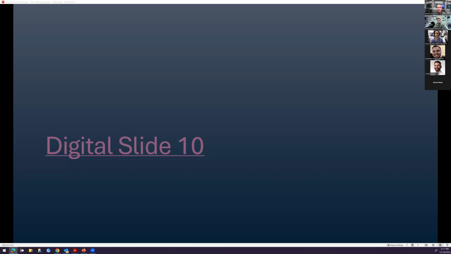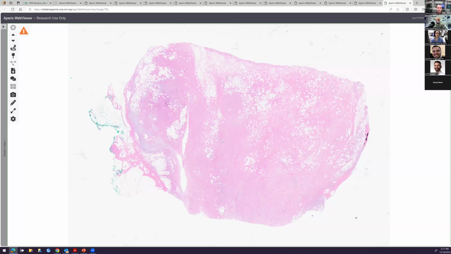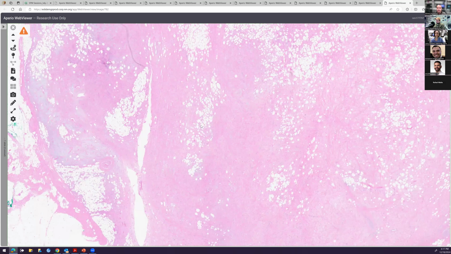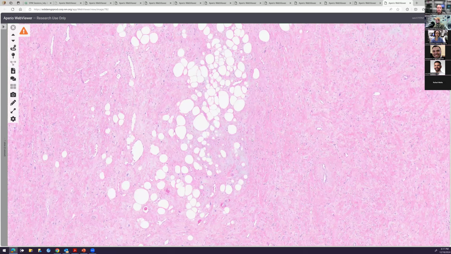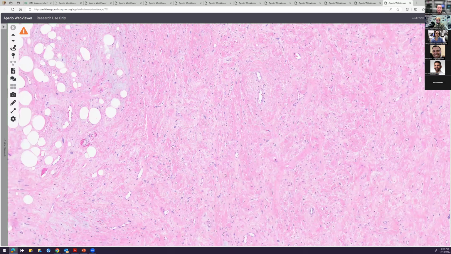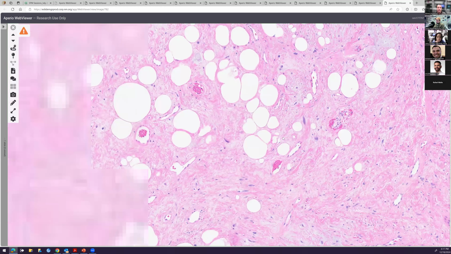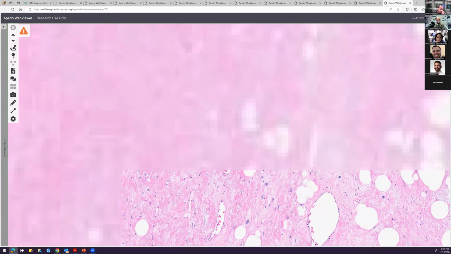Let me hide this. All right, here's an example. Again, you see mature adipose tissue here, and a lot of this is relatively bland looking, not a whole lot of spindle cells. Collagenous background, but there are scattered atypical cells. These scattered atypical cells are kind of interesting, and they make you feel like this could be